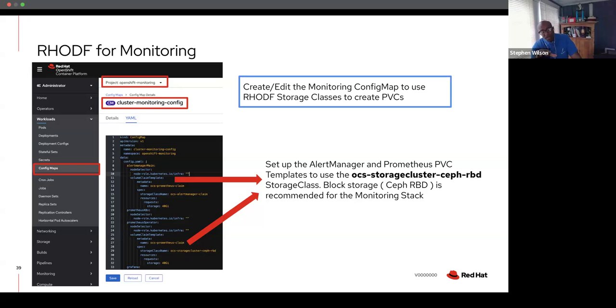Now, a key point is also to tell your developers or your end users to always provision and request your storage with a storage class name. A lot of people just say, I'm going to request storage and I only want 50 gigabytes or 200 gigabytes for this. But then what happens is it's going to use the default storage class, and that may be the cloud provider storage class. So then you look up and now you've got 1,000 PVCs off the cloud providers, and then you're paying for that. So you can either go back and set the default storage class to your preferred storage class within ODF,